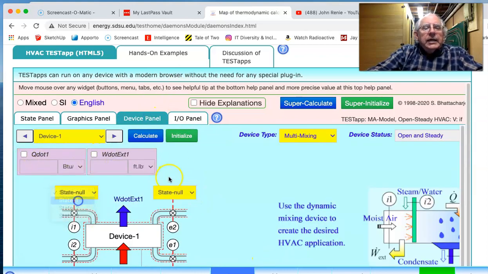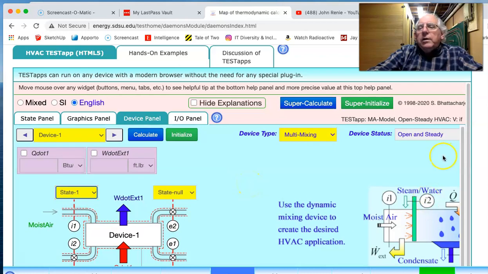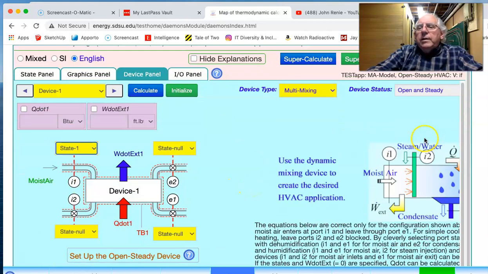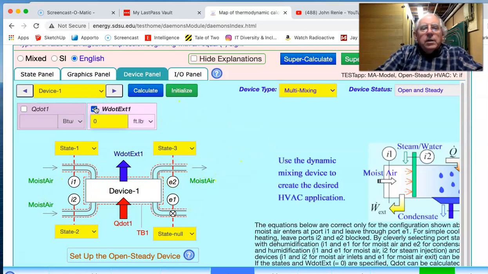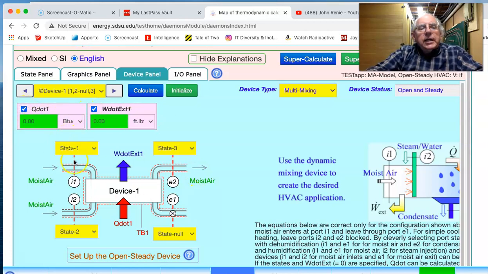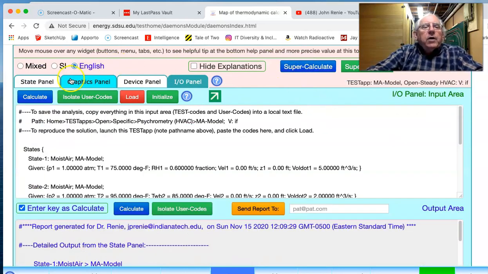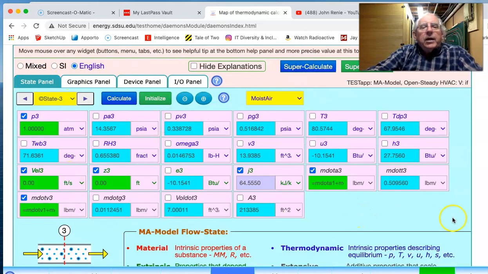We have the incoming return air, which is state 1, combining with the state 2 outside air, forming then the mixed condition, which is the moist air there. No work, as well as no heat transfer. And so basically an adiabatic process occurring, we do a super calculate, we go back to the state panel, and